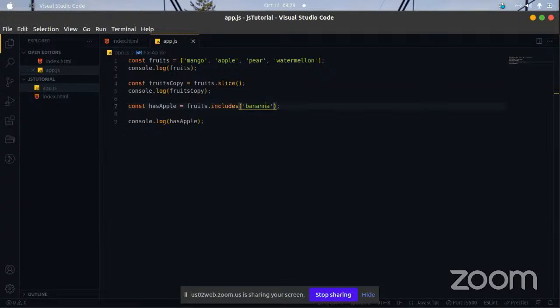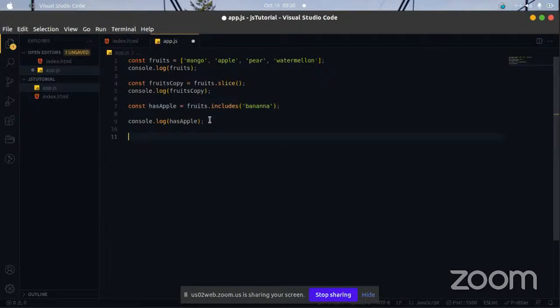Sorry. So you could use splice, but with array destructuring, it's a lot easier. So let me show what I'm trying to explain. Now let's say we have this array.